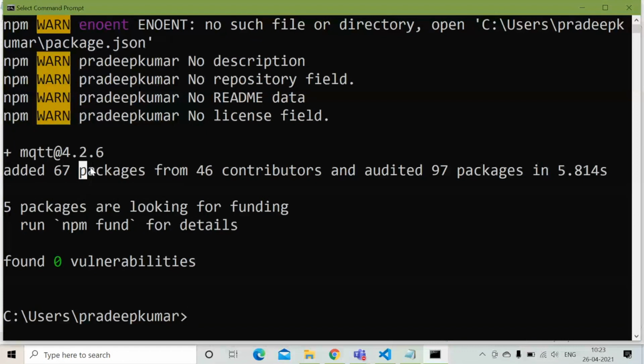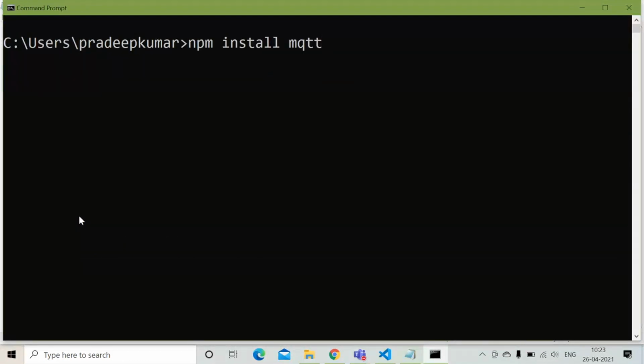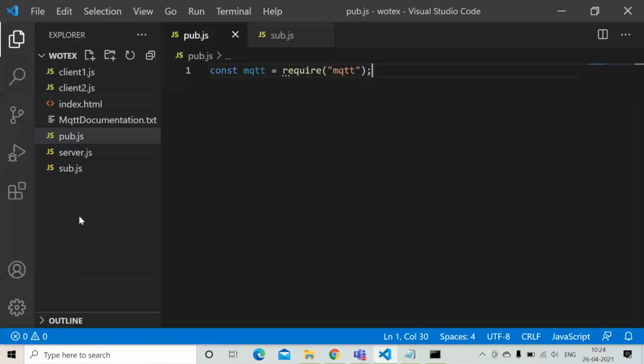Since I already installed it, it just used that. npm means node package manager. In case you don't install, the MQTT module might throw an error in Visual Studio when you run it: MQTT module not found. That is the purpose of it.